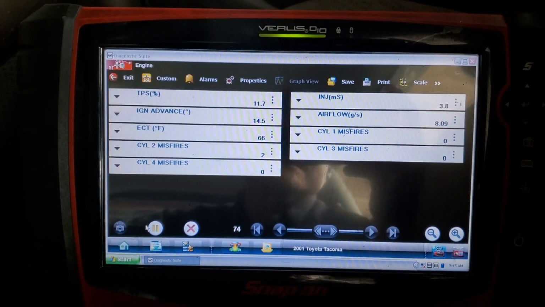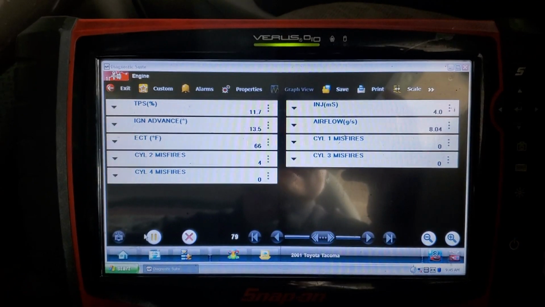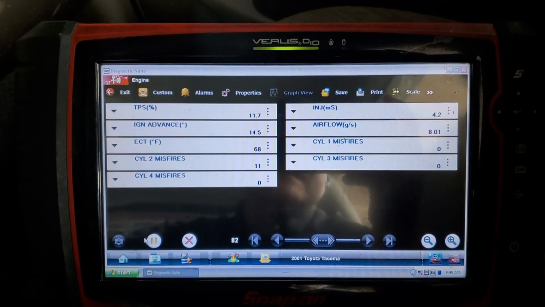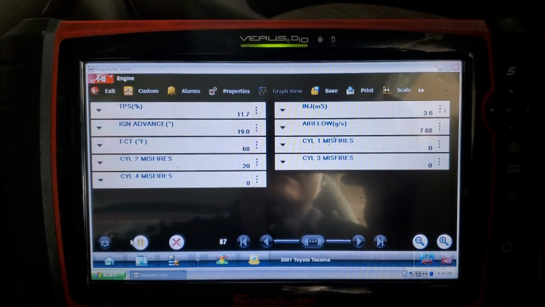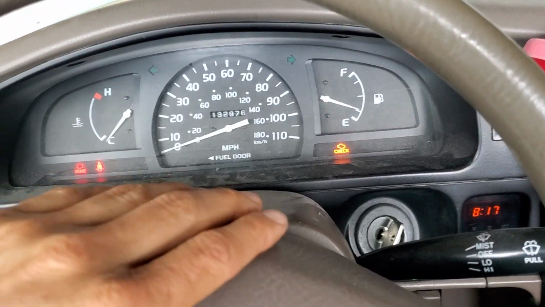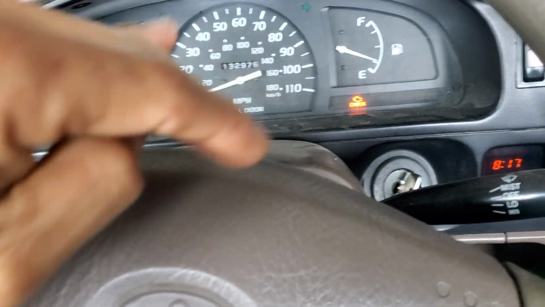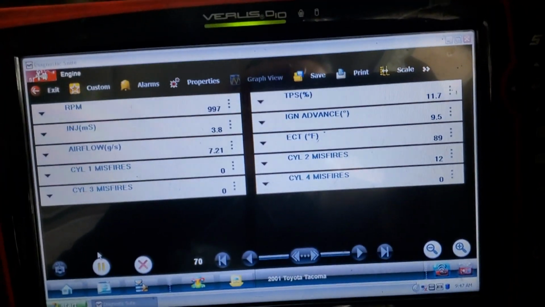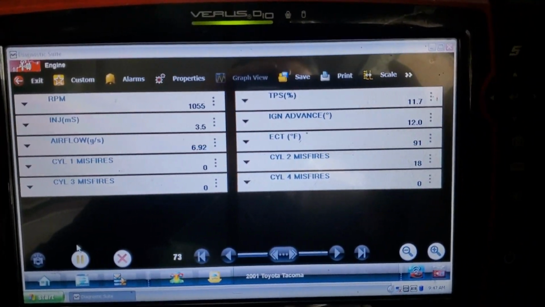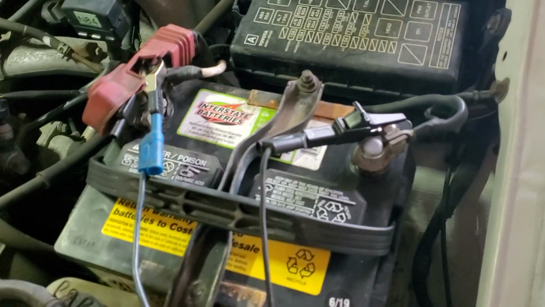So we can see the problem is presenting only on cylinder 2. Okay, we're gonna move forward to the next steps. Testing, it's getting worse, number 2 only. We're gonna focus on that one. This misfire seems to be an ignition misfire. Cylinder 2 only. Okay, so what I will be doing here is a relative compression test, because